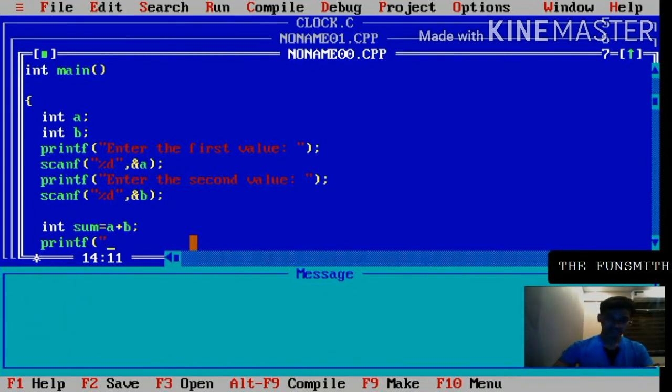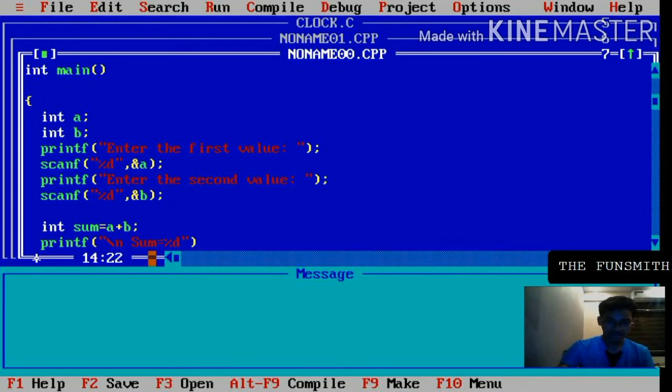So we have to do that thing because it will be a lot worse if it is all together. So we can add a \n with it, and now "sum equal to %d", like we added %d here, right? So whenever we get the sum, the %d is displayed right here as the answer. So close double quote and close bracket,